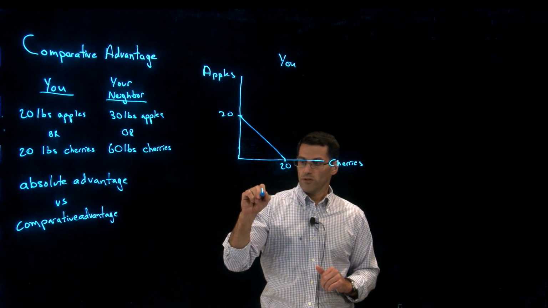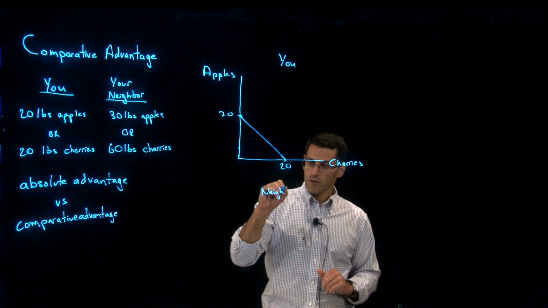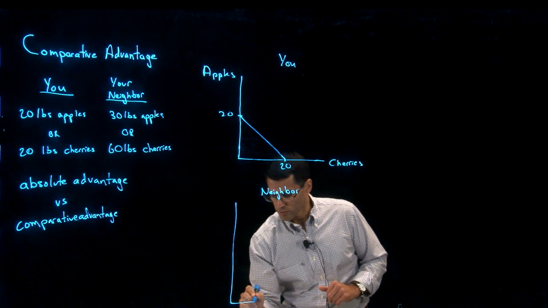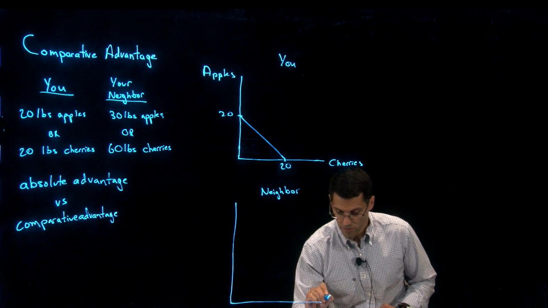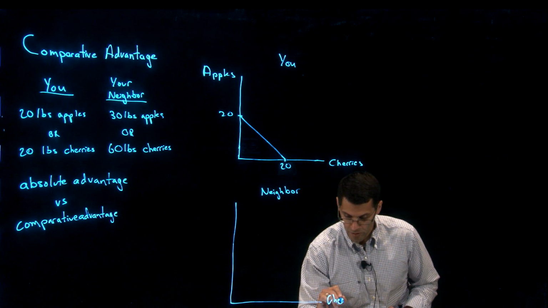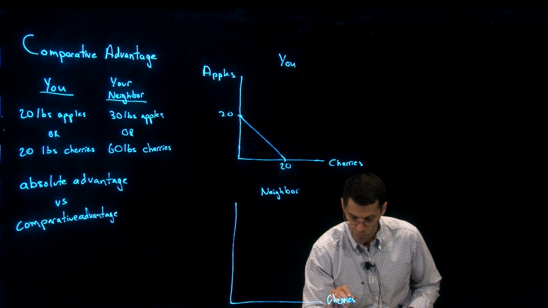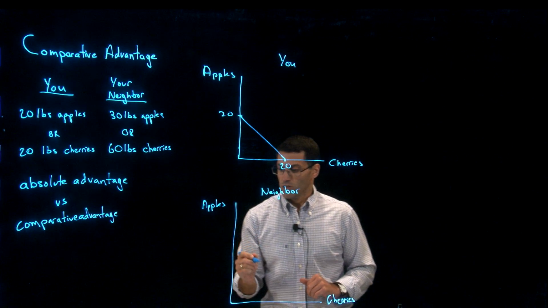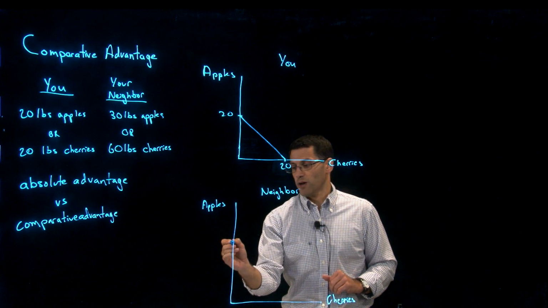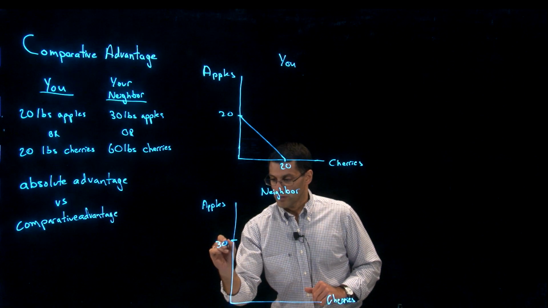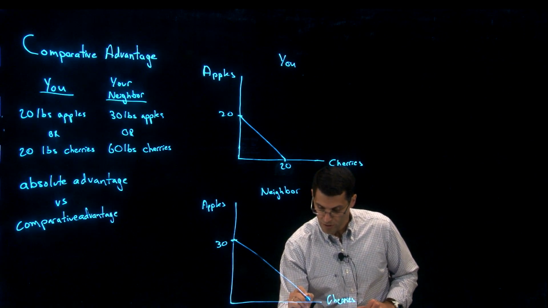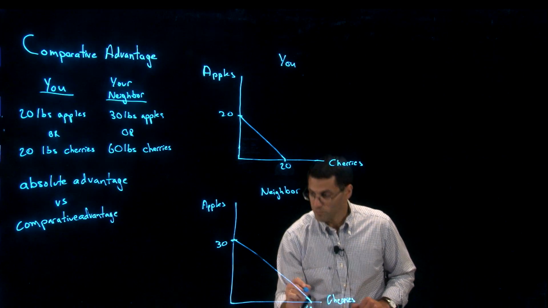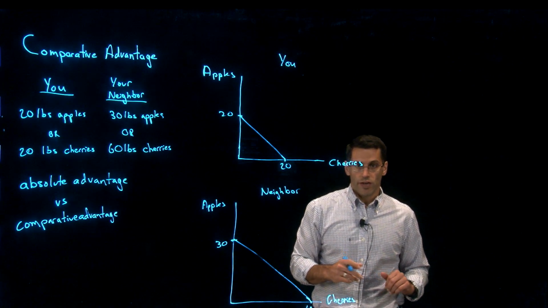And what about your neighbor? So for your neighbor, we know that your neighbor is much more productive. She can pick 30 pounds of apples or 60 pounds of cherries. Okay? So now,